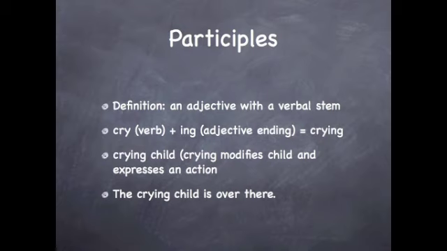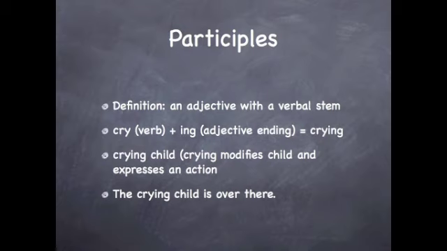So take, for example, the verb to cry in English. If we want to describe someone crying, we don't have to say every single time that the child is crying and he is over there. We can say something much simpler, like the crying child is over there. And that makes language itself much quicker, because we don't always want to give an action the status of being a full verb, because then we make it seem like it's more important than it really is.